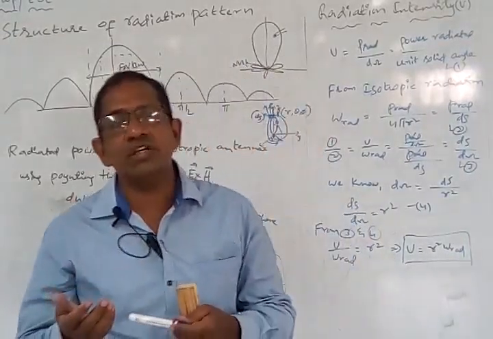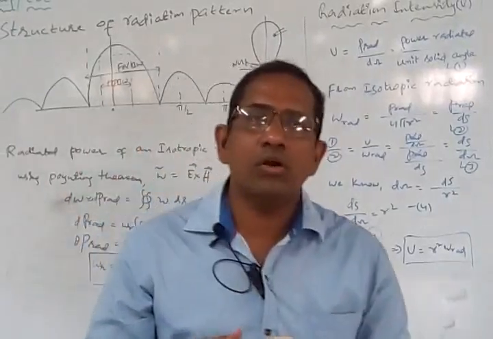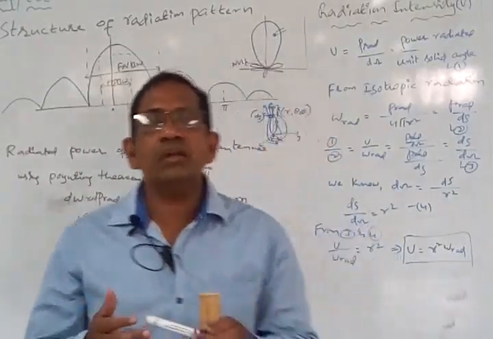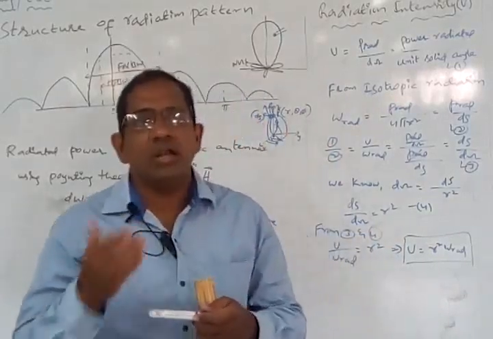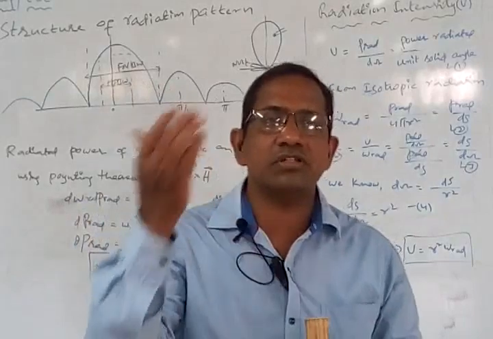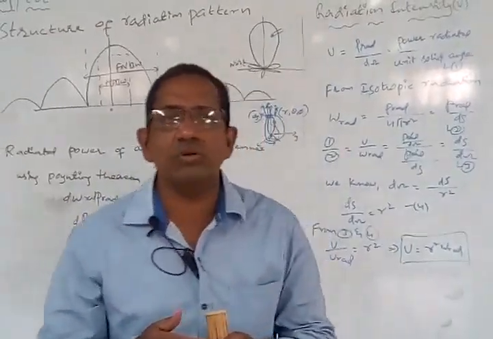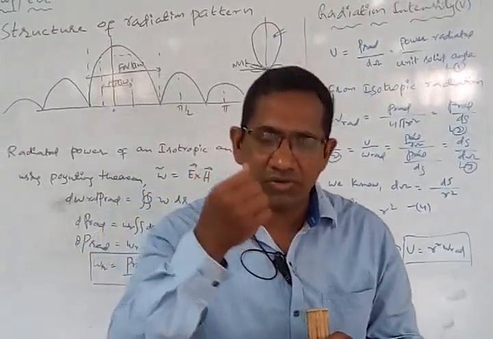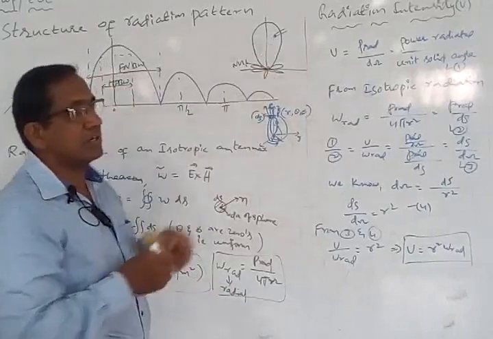If there is no energy and if there is no power, the signal cannot be transmitted to a longer distance. So we assume that the antenna is going to radiate a signal with certain power, and the signal is getting transmitted to the destination with some power and energy, because antenna is always going to radiate an EM wave into the free space. Very important concept. So now we are assuming a spherical coordinate system.